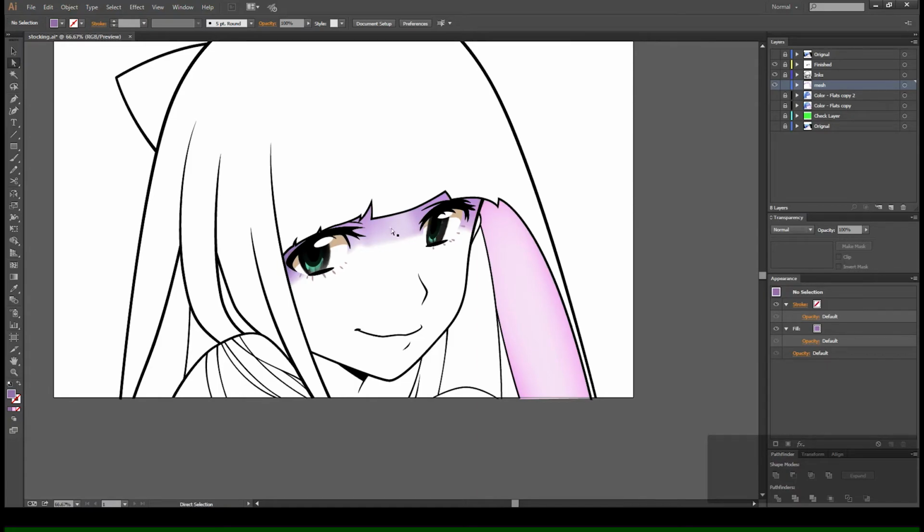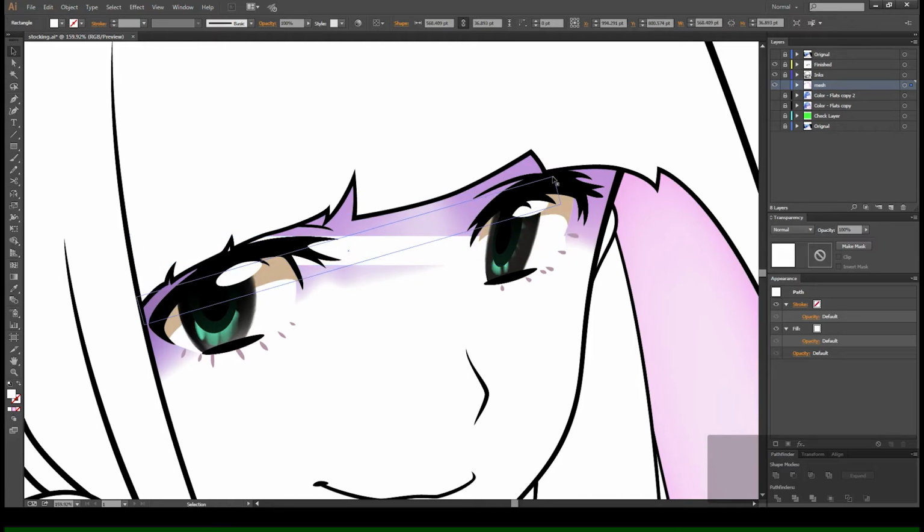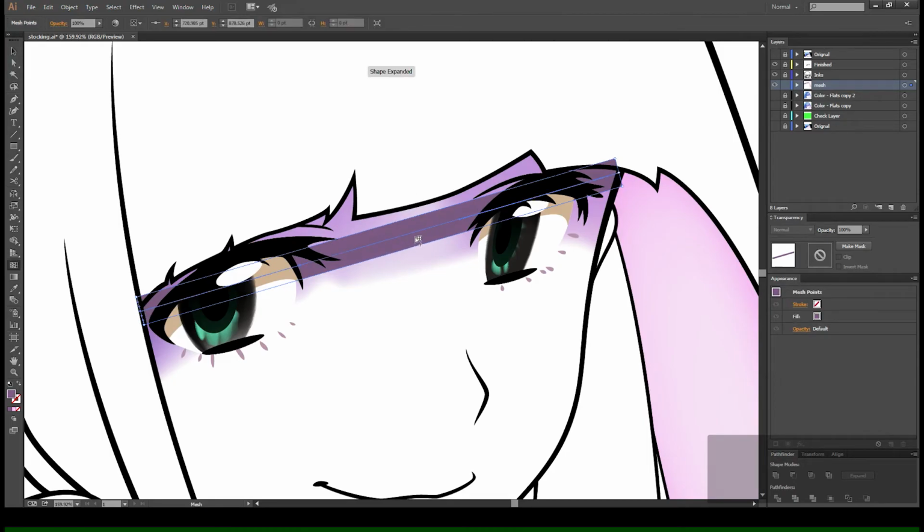You can also do stuff like, let's say we wanted to do like a line across this whole thing. The easiest way I would say to do that would be something like this, where you grab this, pull it in, pick a purple, make it darker, use a mesh and click on one point in order to make it all the way across like that. Select these 2 points and set them to 0. Figure out where you want the fade to start and end, and then